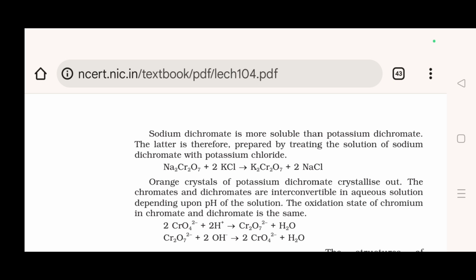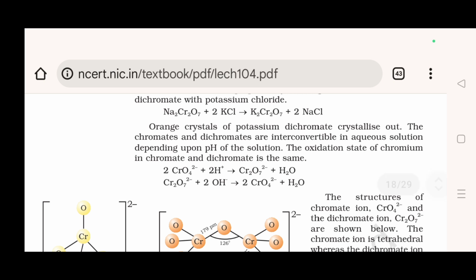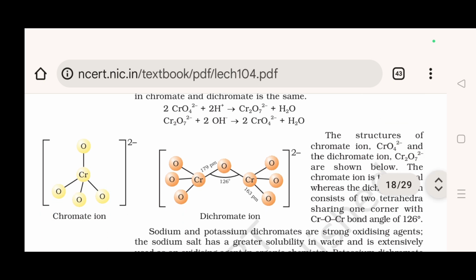The chromates and dichromates are interconvertible in aqueous solution depending upon the pH of the solution. The oxidation state of chromium in chromate and dichromate is the same. 2CrO4^2- + 2H+ gives Cr2O7^2- + H2O, and Cr2O7^2- + 2OH- gives 2CrO4^2- + H2O. The structures of chromate ion CrO4^2- and the dichromate ion Cr2O7^2- are shown below. The chromate ion is tetrahedral, whereas the dichromate ion consists of two tetrahedra sharing one corner with a Cr-O-Cr bond angle